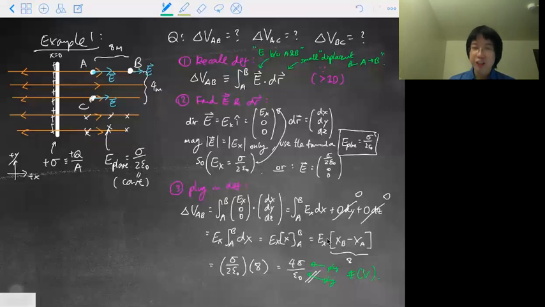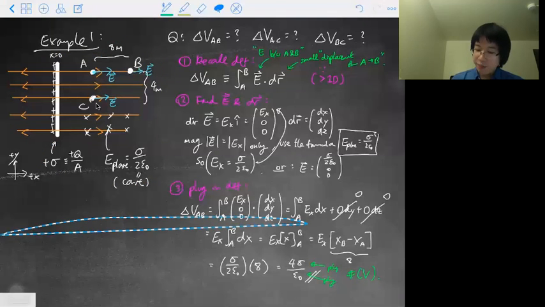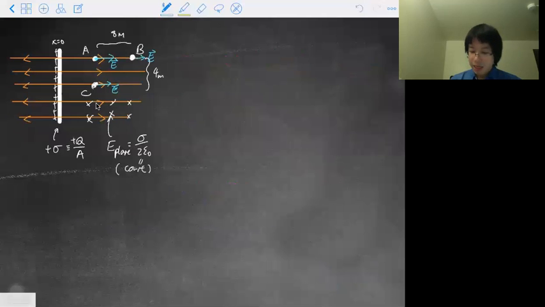All right. How do you do it from A to C? Do I have time to do that? Yeah, I should do that as well. Okay, so from A to C, let's do it with a new diagram. Let's repeat the process. Hopefully this time it will be quicker. So from A to C,